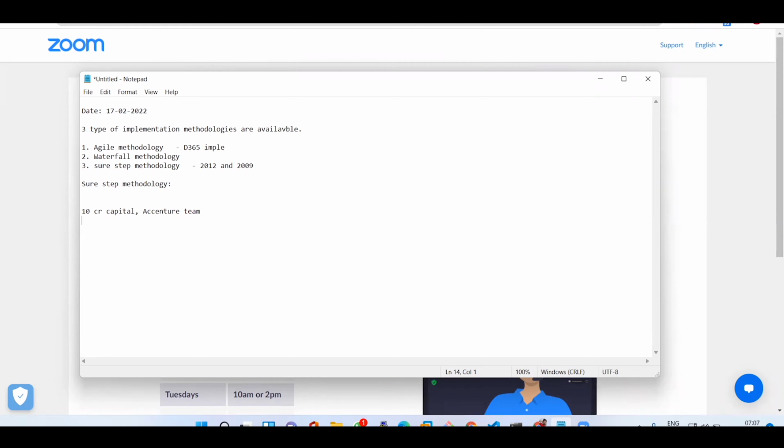After multiple discussions, the project has been confirmed. So Accenture has given an agreement that they are going to complete the project within 1.5 years. Okay. So within this 1.5 years, what are the activities they are going to perform? What kind of help do I need to give as a business person to the Accenture team? So the first step is